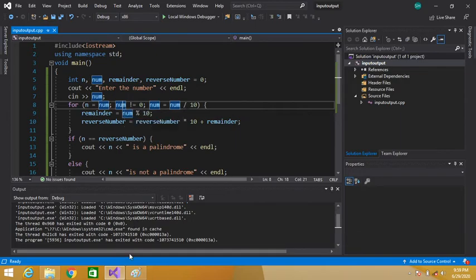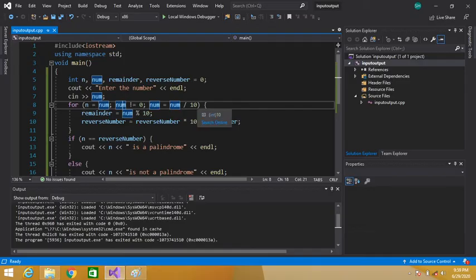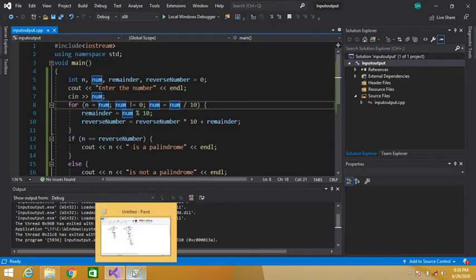So what is the answer? If we divide 131 by 10, then the answer will be 13.1. Now notice here our num is an integer variable, so it will only take its integral part, not its fractional part.